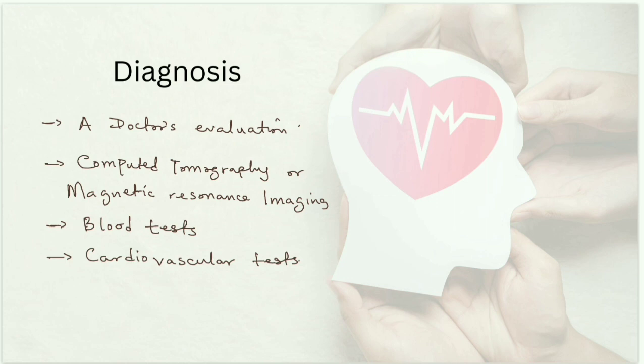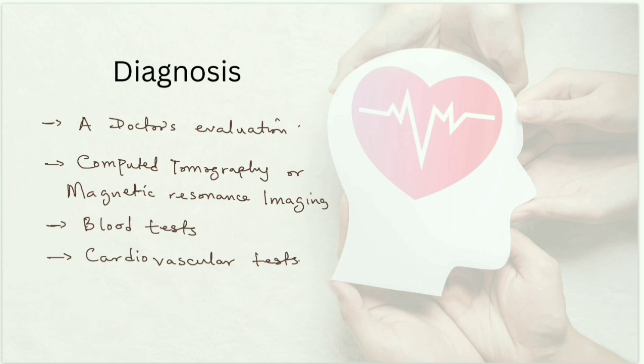So he evaluates the patient, he checks for weakness, he checks if there is weakness in any part of the body, or if there are any, I'll call it, focal neurological deficits. What I mean by that is, focal: are there deficits in any part of the body which is linked to the nervous system.